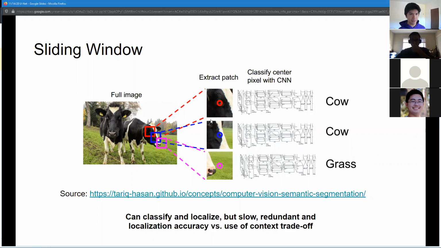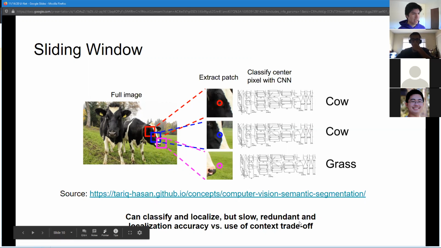But that gives rise to the second problem, which is that because you're sliding over a little bit each time to classify each pixel, you end up seeing a lot of the same overlapping regions. If you look at these two images, this blue one might be the red one moved over to the right a little bit, but part of the image in this patch is reused in this patch. So your network is seeing parts of the patch multiple times, and that is computationally very redundant. So perhaps there is a better solution.